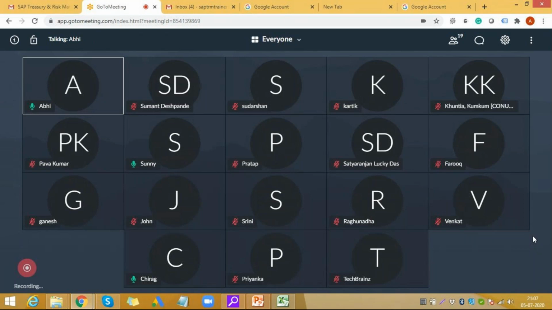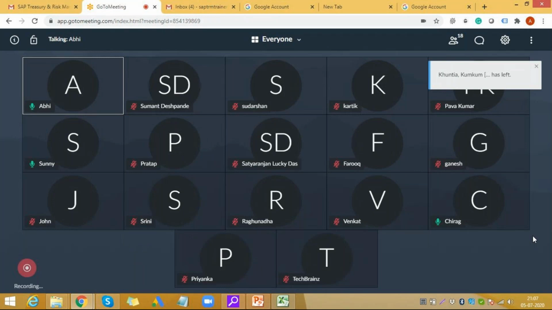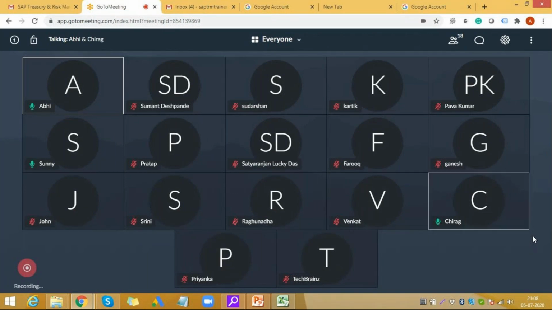Okay. Then coming to all these commodities and derivatives. Commodities is a different module, sir. Commodities is not SAP TRM. Commodities is SAP Commodities. The concepts are the same. If you understand the configuration of SAP TRM, it will help you do the configuration of commodities. But commodities and TRM are not the same. It's a completely different module. The configuration guide is different.